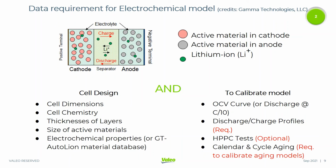Now let us quickly have a look at the data required for building such physics-based AutoLion electrochemical models. First of all, you need data to make the cell design. So you need the cell dimensions, chemistry, thickness of layers, size of active material, and the electrochemical properties, which can be user defined or you can take directly from the GT-AutoLion material database. And then to calibrate the model, you will need the OCV curve, open circuit voltage curve, discharge charge profiles, HPPC tests,